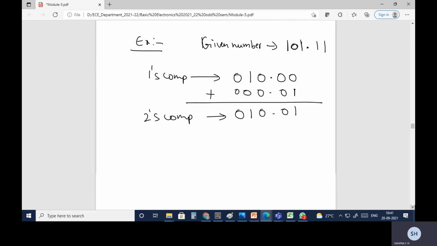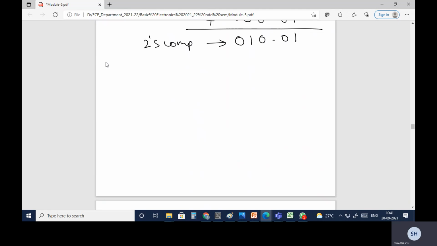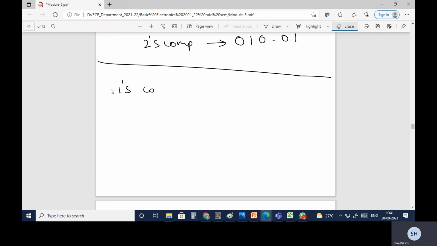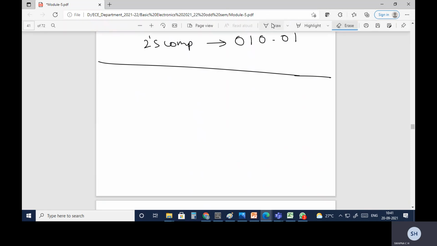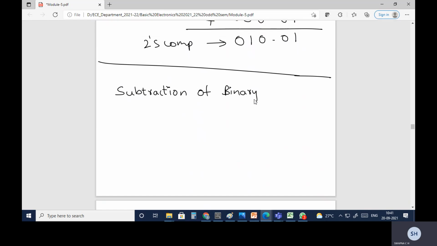Okay, so now what will we do? We'll go with the next topic, subtraction of binary numbers using ones complement.